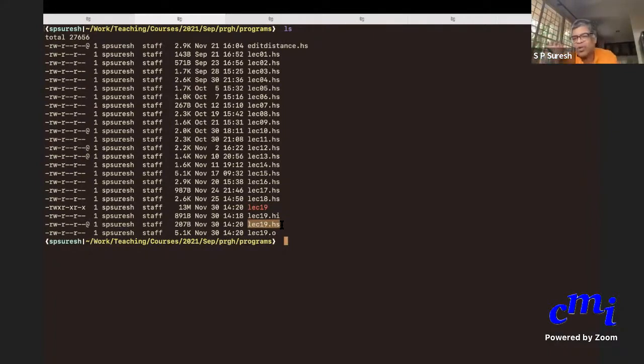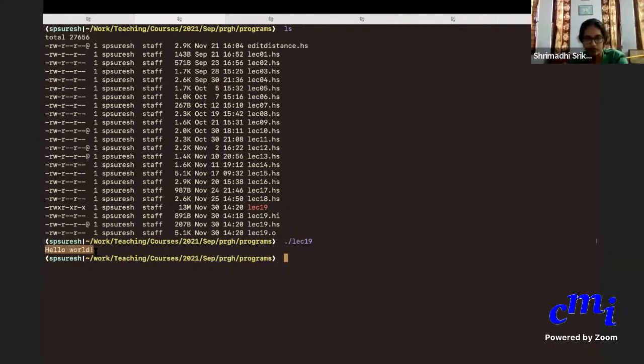You don't care what that form is, but that form can be immediately executed, and it will actually do action for you. Like when I do lec19, but I can't do lec19 because it will say lec19 command not found. You will have to say ./lec19 because you have to give the full path. If you say ./lec19, it will do something. It has printed hello world, you see. That was something that the program did. Yes, sir. Yeah.